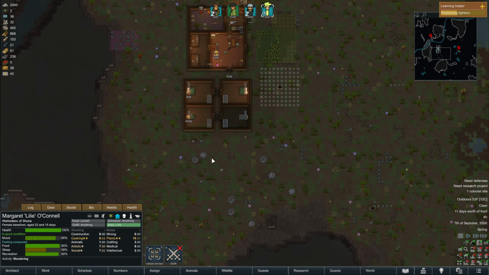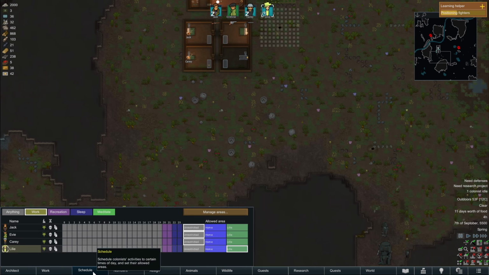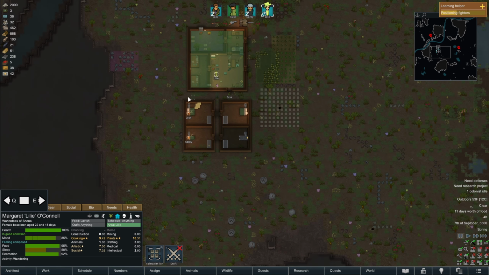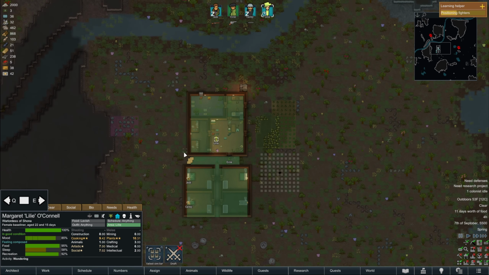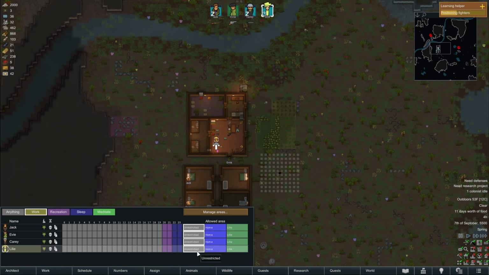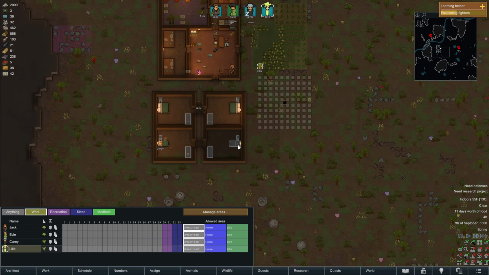Oh, I know why. I do know why. I just realized it. Let's go ahead and fix this. Manage her area. Got to allow her to come over here and sleep, guys. Wow. That was my fault. That's being out of practice with the game for sure. Okay, so now she should be able to do that. Of course, now, actually, to be honest, she can go unrestricted. It's perfectly fine. Yeah, she can come out here and...